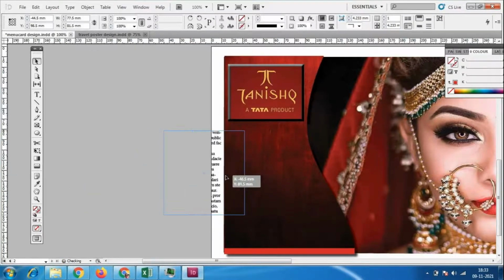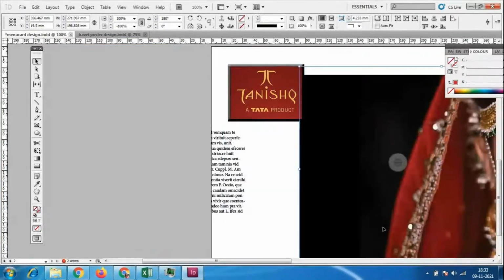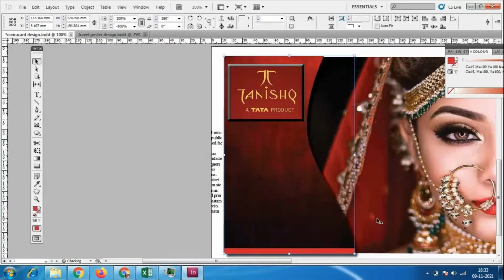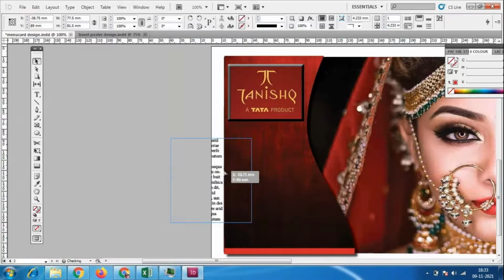We are not getting the bring to front option, so let me check. There are two shapes there. If I have these two shapes, then the problem will be there. Let me check this shape.